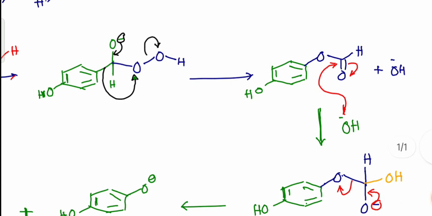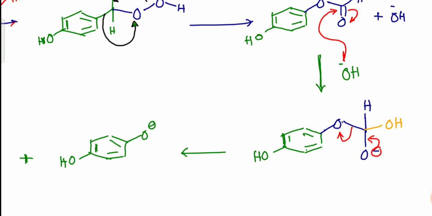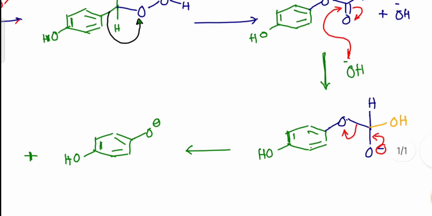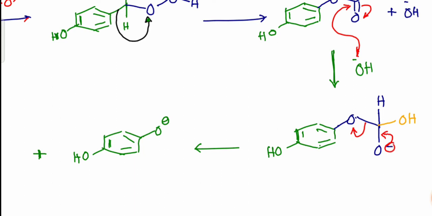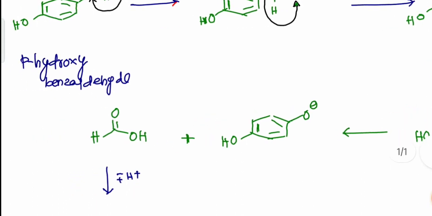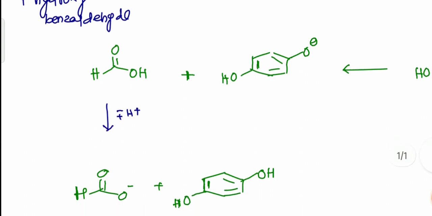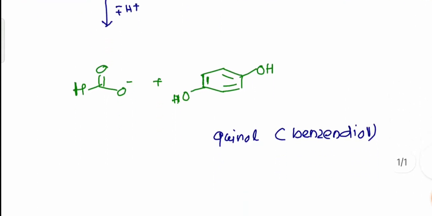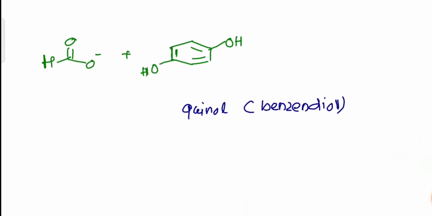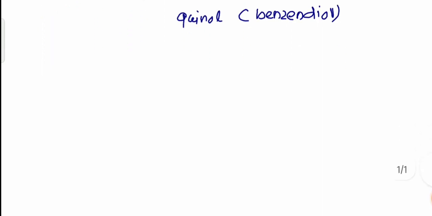Another substrate is formed, which reacts with the OH negative ion as another nucleophile in this reaction. The rearrangement takes place and breaking of that intermediate leads to the product. Ortho or para? If you take the para hydroxy carbonyl compound, then your product will be like this. A quinol derivative is formed, and formic acid is released. So there are two simple mechanisms for this reaction, one for ortho hydroxy and the second for para hydroxy systems. Here the quinol, also called benzene diol, and catechol, the ortho diol, are produced from these two reactions.